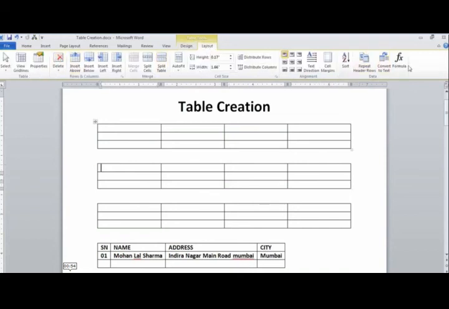Children, you can observe here there is a formula bar, there is a ribbon, and there are various tools in the layout tab. If you come to the layout tab, you can change the layout of your table, that is, the appearance of your table can be adjusted according to the option.